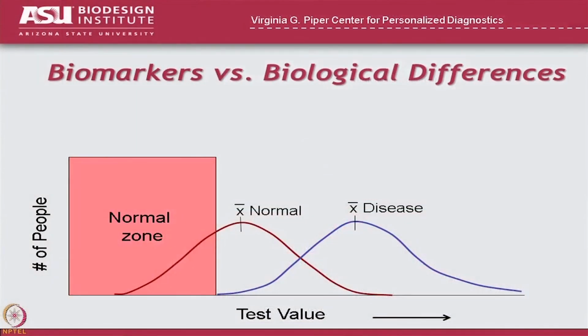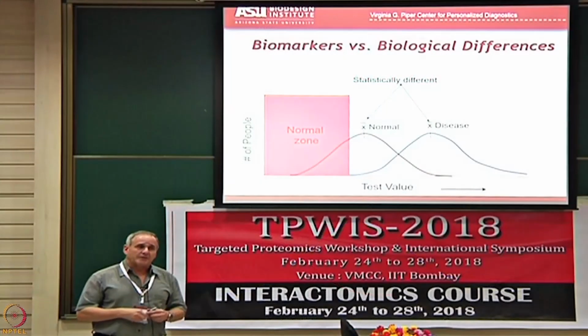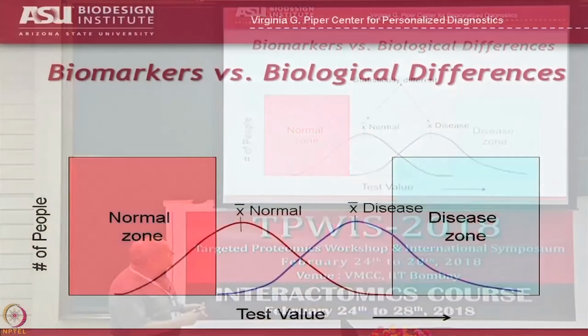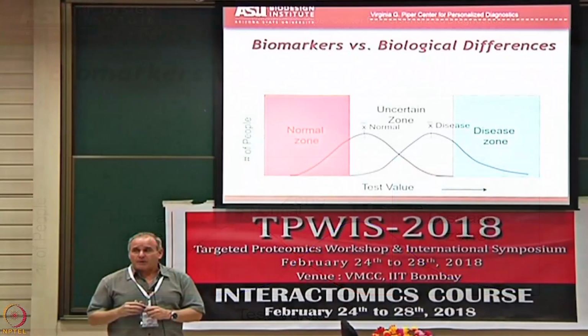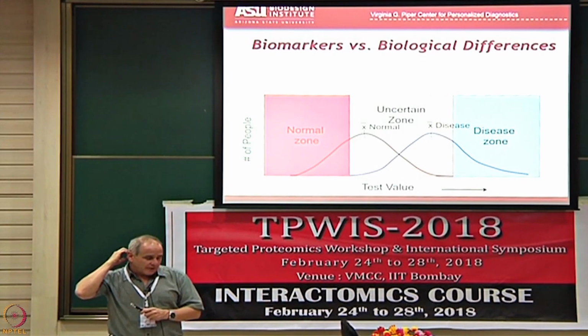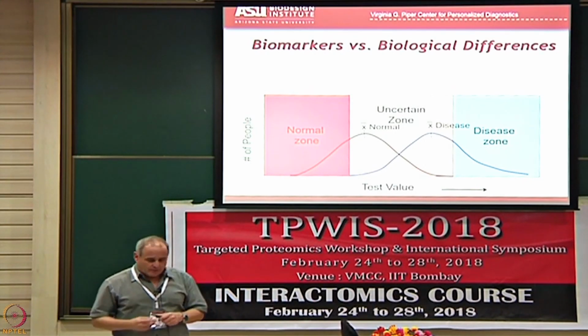But let's consider the use of the biomarker. If the value is down here, you could very safely say that that's normal. If you measure that in a person, no problem, that person's healthy. If you measure the value up here, you can say very clearly that person has the disease. But as she pointed out, look at how much overlap there is here. If you measure anything in this range, maybe it's disease, maybe it's not. The separation is not clean enough to make this a good biomarker. And so that's why we're going to talk a little bit today about how we define good biomarkers.